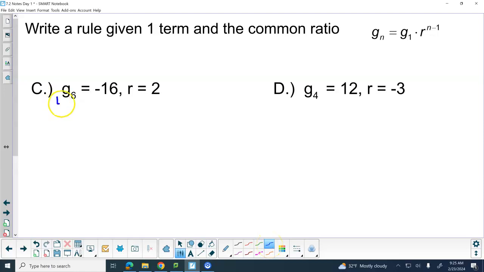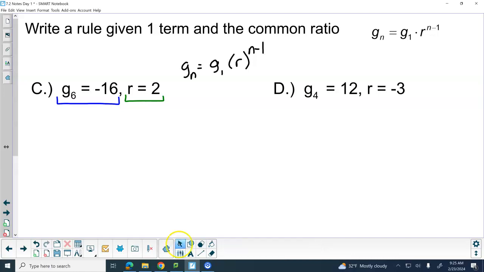So here is any term somewhere in our sequence. Here is our common ratio. Our rule is that, I guess I did have it written, it was lost in the light up there. Okay? Our rule is that